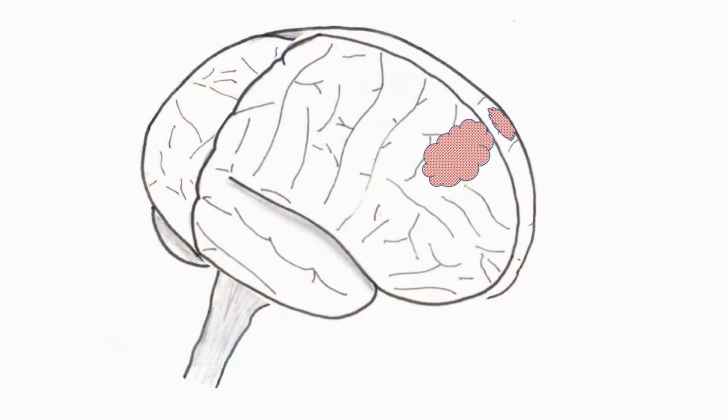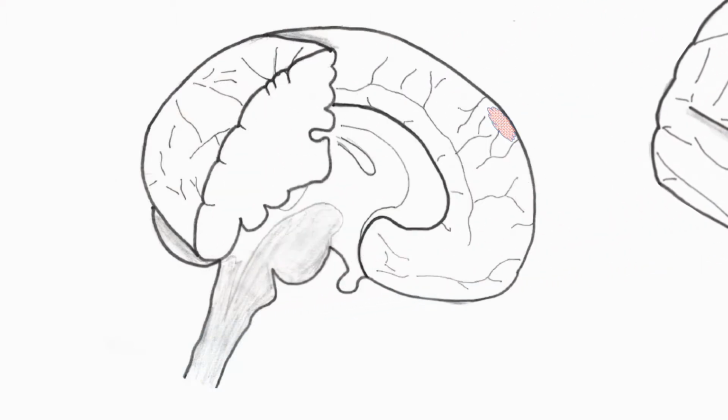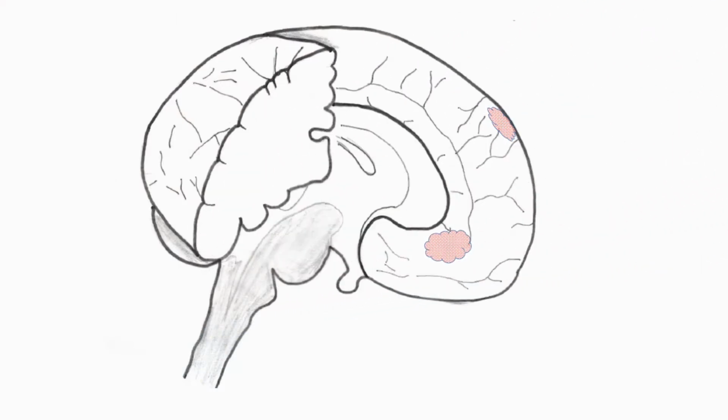So let's imagine that new information has entered the working memory networks of our student. The student is consciously attending to it. But that new information has to be connected to prior knowledge for it to be meaningful. The student has to connect it with what he or she already knows. Making these connections involves working memory, but also additional frontal regions of the brain along the inside wall of the